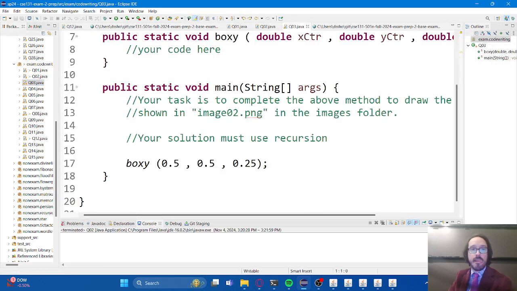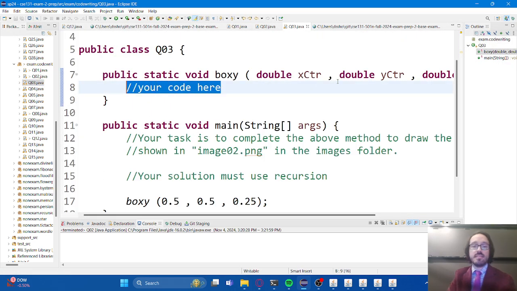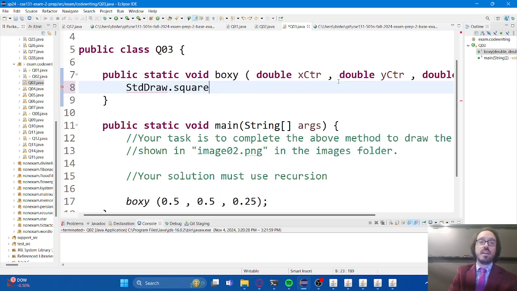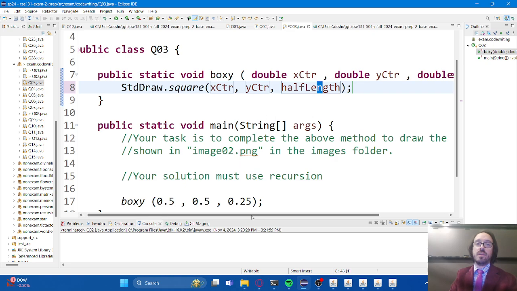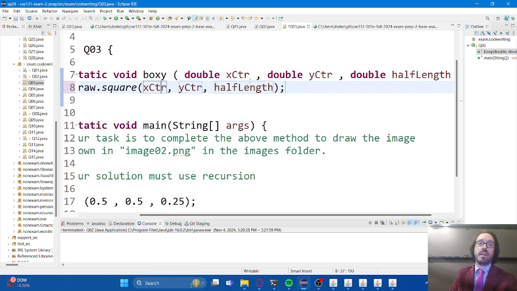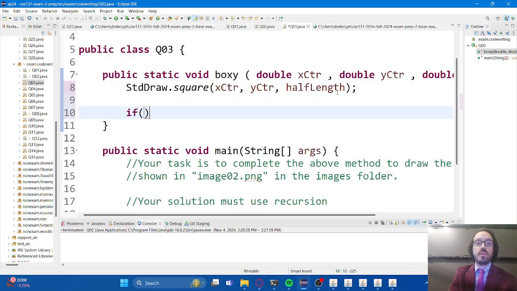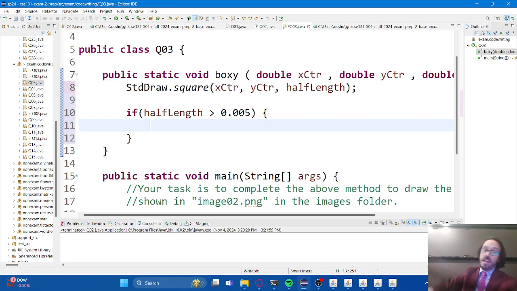So, with that in mind, we can start to piece this together. We're always going to need to draw the shape. So here's the square, and you'll notice that Eclipse auto-fills this in with the parameters, and honestly that's good. That's what we want. Draw this square, and then figure out what squares you need to draw next. That's how these recursive methods work. Although actually, we first need to check if we need to draw any squares, right? Have we hit our base case yet? So, if the half length is greater than some arbitrary value,